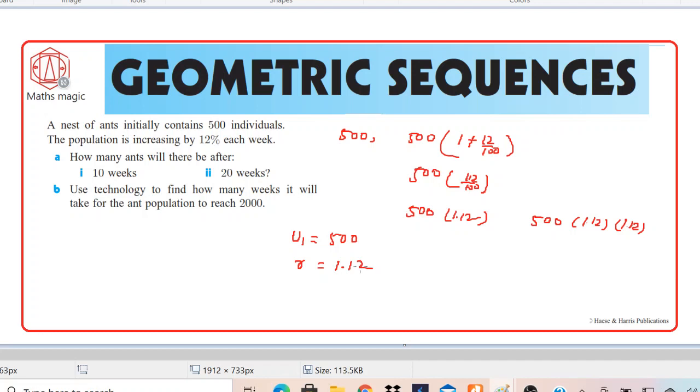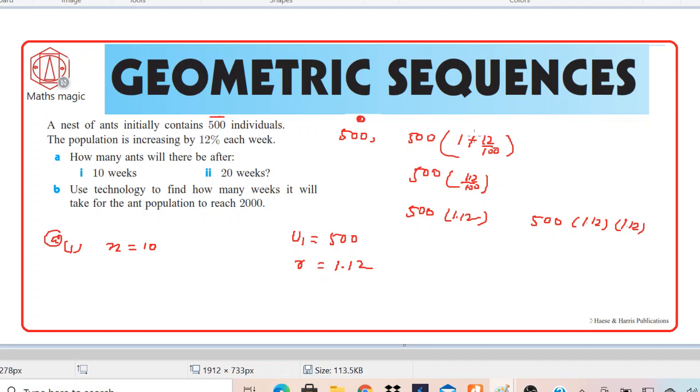Now we have to find in part A, the first part, how many ants will there be after 10 weeks? In 10 weeks, that means we are looking for n equal to 10. You have to understand this very carefully. We have the first term 500, which is at the beginning of the week,